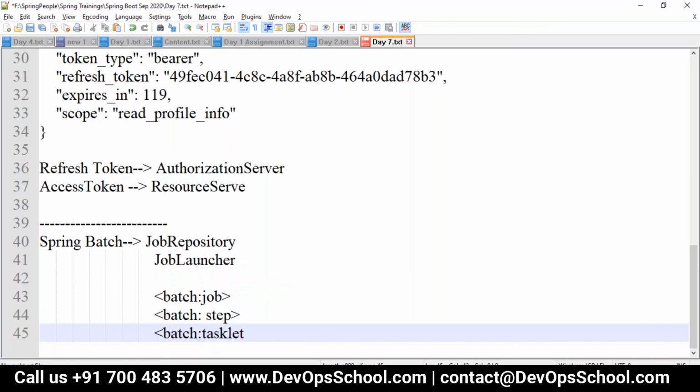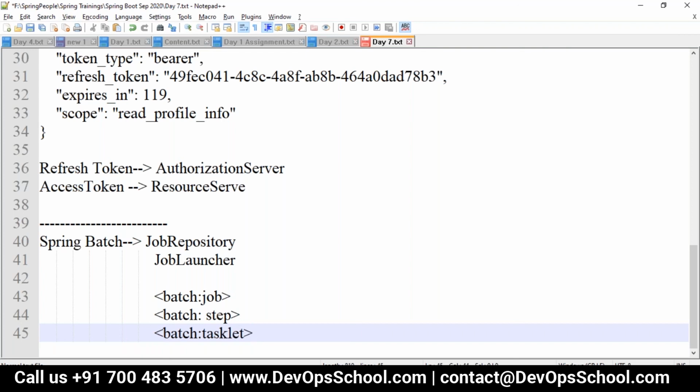We'll be using the batch of tasklets. So that configuration you have to do. Then we will be writing our code, whatever data you want to read, you will create it as a POJO or model class. Then in the main method, you can write a job launcher to get your reporting of a job, and then you have to do the job execution with the job parameter which you want to read.